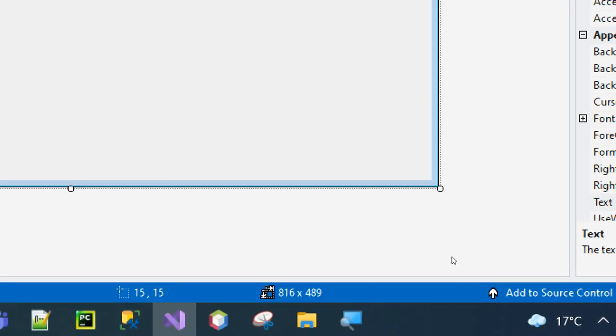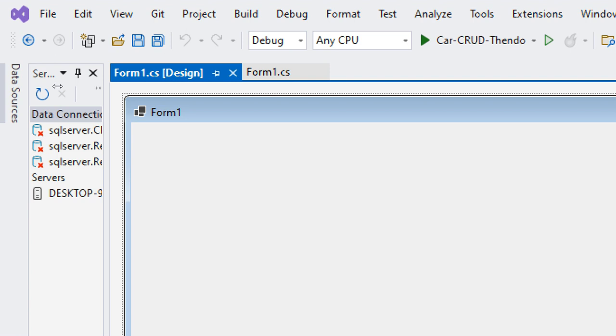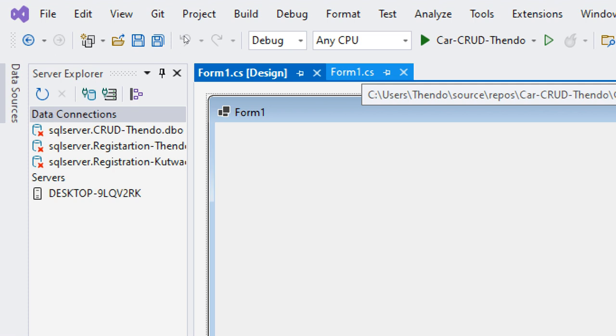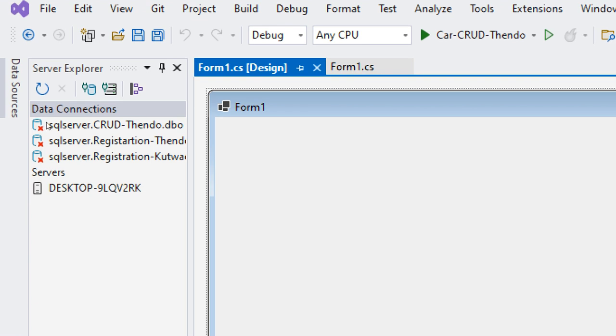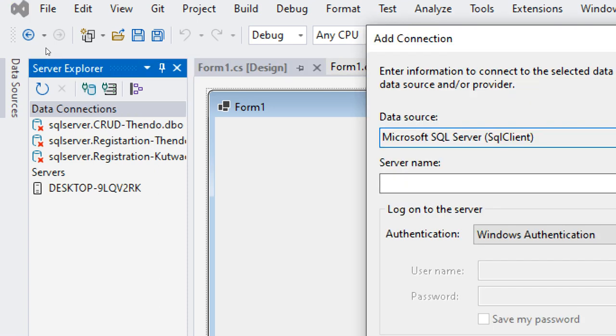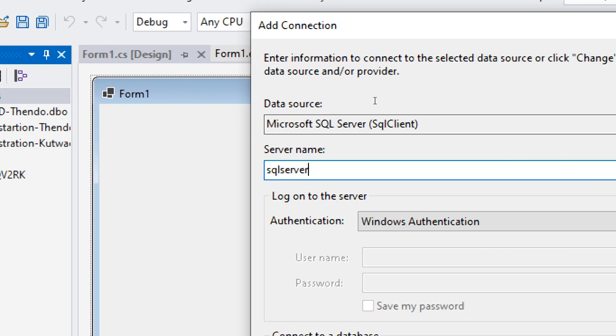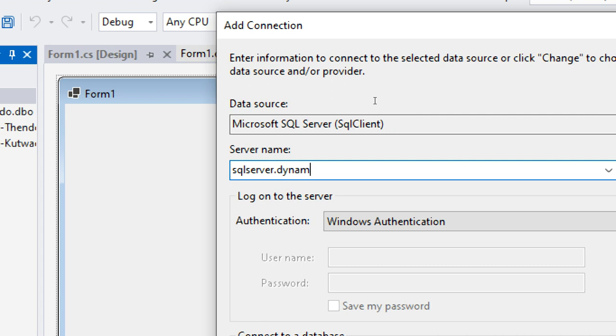Right. We are now back to our Visual Studio. If you're not implementing, it's your own fault. If you're left behind, it's still your own fault. I'm moving very slow here. Okay. First things first, let's connect to our database. Let's deal with that part. So, Server Explorer, connect to my database. If you don't know these stages, still your own fault. What is the server name of the thing we use here? It's SQL Server, right? Dot dynamic